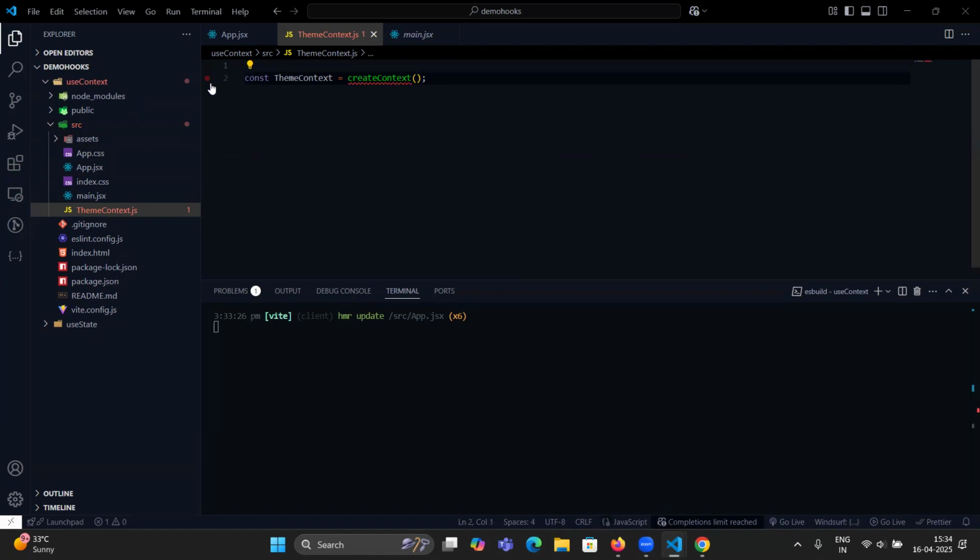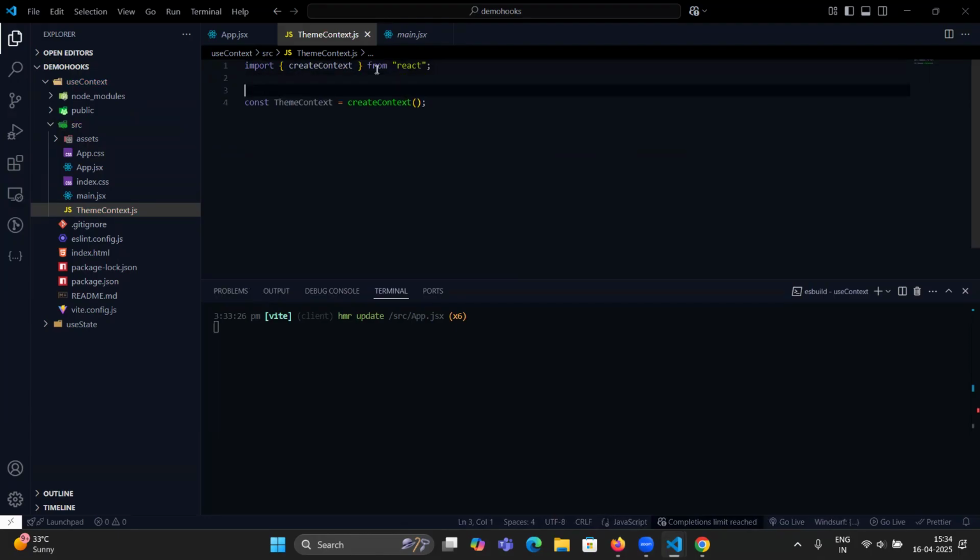To do that, I can simply import a statement. As it's a named one, we can import just like this. Okay. Now we have created context. Along with this, I will be